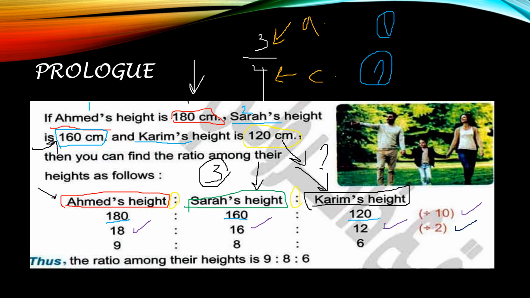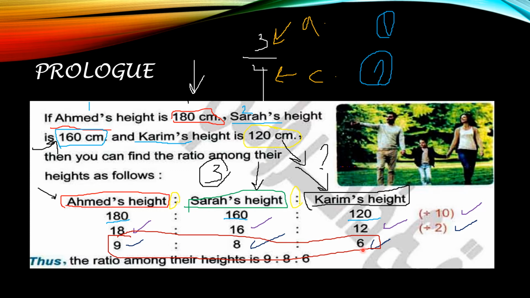So 18 divided by 2 is 9, 16 divided by 2 is 8, and 12 divided by 2 is 6. So 9, 8, and 6 don't have anything in common. They aren't divisible by the same number. So this means that we have these terms in the simplest form. So we can say that the ratio between Ahmed's height to Sarah's height to Kareem's height is 9 to 8